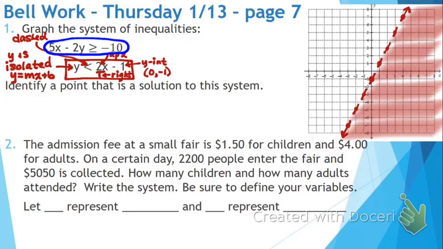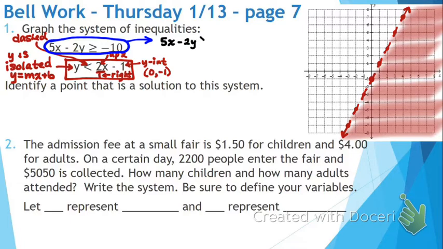There's a lot of stuff that I like about the top one. There's one thing that I notice about it that is profoundly different than the bottom one. What's really different from the bottom one? What's not alone? Y is not alone. When I'm working with inequalities especially, I really want the y to be alone